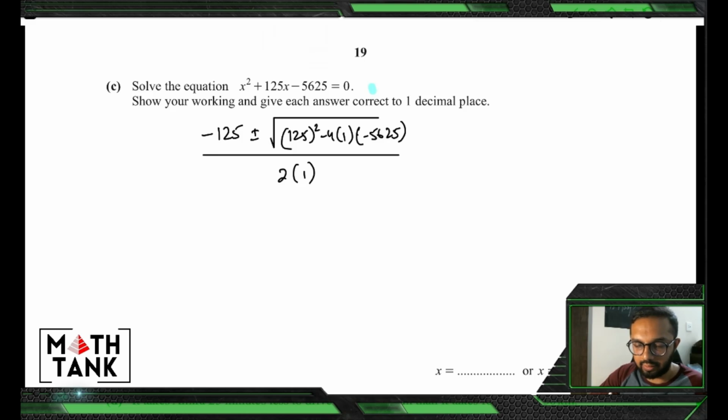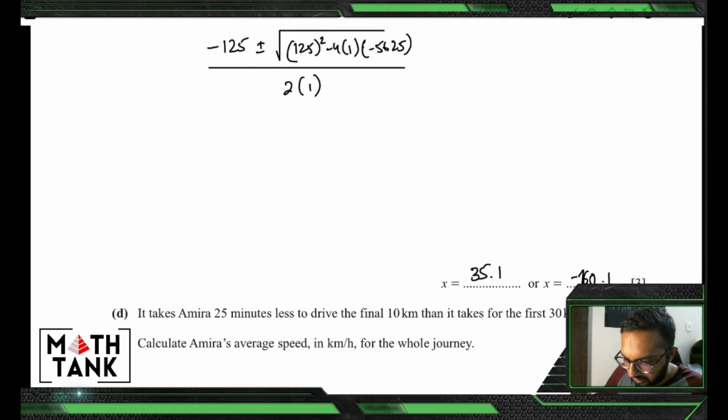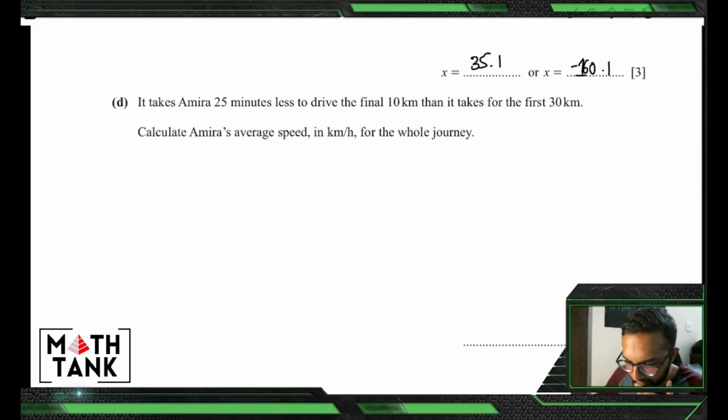Okay, then putting the numbers on a calculator. I am getting 35.1 and negative 160.1. So those are the two answers that I'm getting. Okay. It takes Amira 25 minutes less to drive the final 10 kilometers than it takes for the first 30